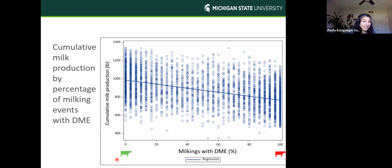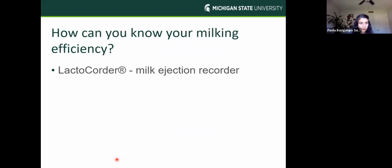So it's something that we should be putting attention to, not just because it's uncomfortable for the cow. It can have short-term changes in the teats. It can also have an impact on the profit of the farms. So how can you know your milking efficiency or your cows' milking efficiency? First,